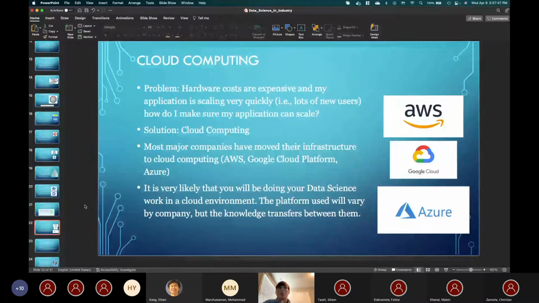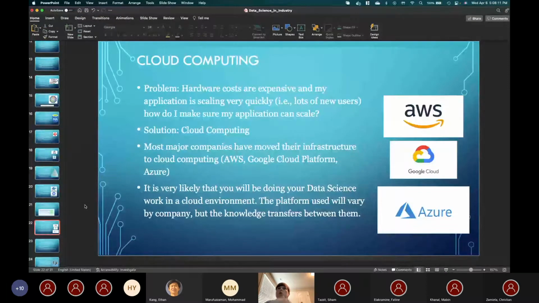There would not be enough computers. We would have to wait until we could purchase 30 computers, and then let all of those people use them. And if you think about it, really, that's kind of what it is like when we have an application like facebook.com, right? What if we have 100,000 people today who are accessing the website, and then the next day there are 200,000 people? How do we make sure that our application can scale?